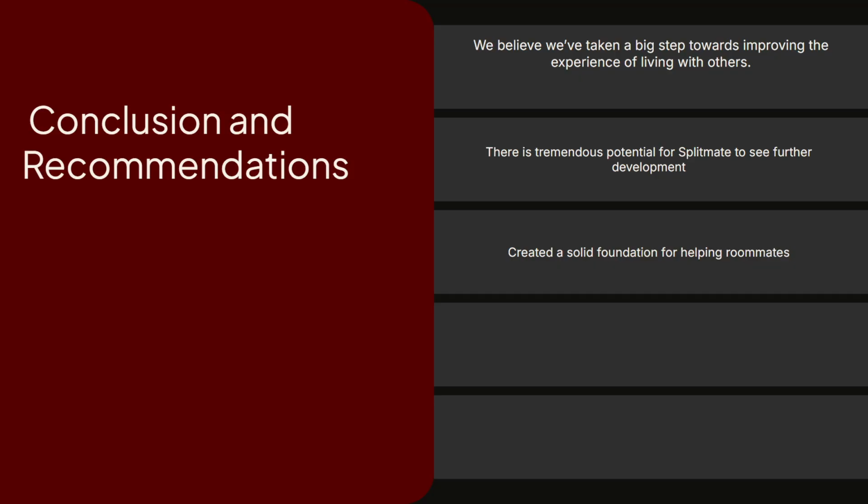For example, we could add built-in messaging or commenting features on chores and bills. It would help clarify questions directly in the app. That way, users wouldn't need to rely on other apps to chat about specific issues, and everyone knows what's going on in the household. I'm sure that many people in that household would like to see what's going on, and that way you stay together as a community in your own household. For personal matters, of course, you can use your own messaging apps, but for this, I think it's best for everyone to be informed and understand what's going on.